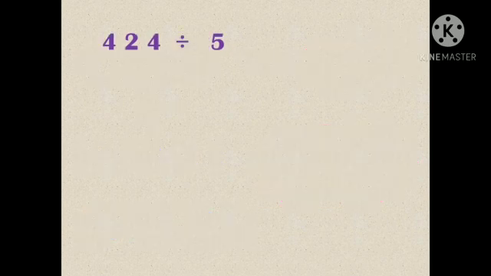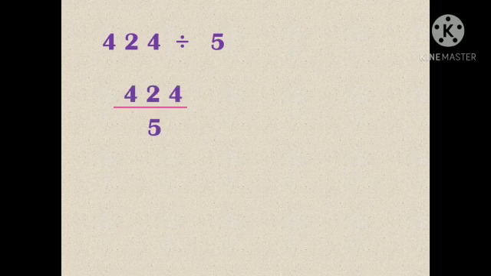So let us take the same example we have seen before, 424 divided by 5. So let us rewrite the expression as 424 by 5, that is, writing the 5 in the denominator. See, in case of division, it is easy to divide any number by 10, 100 or 1000. But in this case, we have the denominator as 5. But if we change the denominator to 10, then division will be very easy. If we want to change the denominator to 10, we are supposed to multiply the denominator by 2. So if we multiply the denominator by 2, we should multiply the numerator with 2.